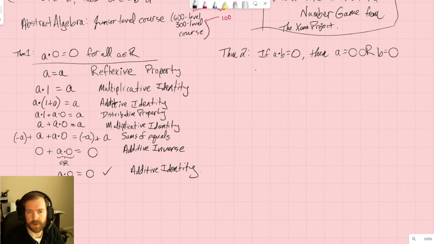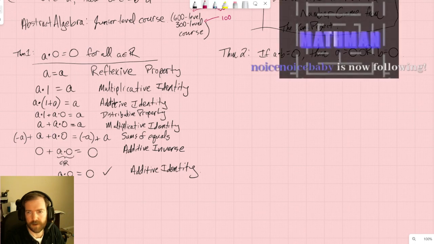So the way we do this is that we look at this here. We know that a times b as a property has to be equal to 0. So just thinking about it, we know that at least the other key word that we could use here